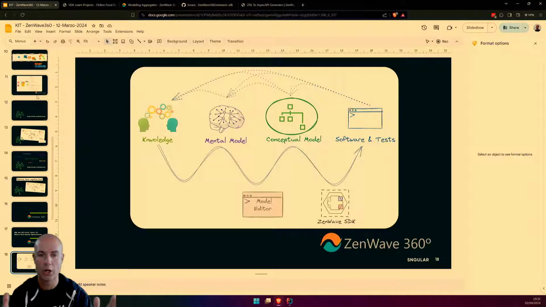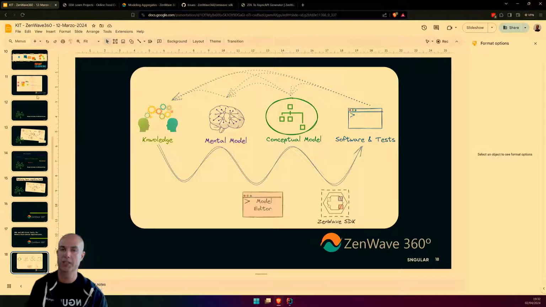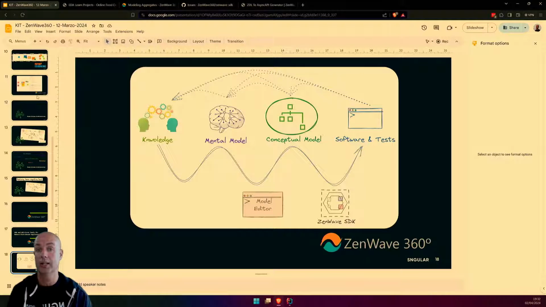ZenWave can compress the feedback loop between expert knowledge and working software with tests, because the main reason that software projects fail is because, first, we don't have a clear understanding of what we want to build. We humans are not good at knowing what we want until we see it.